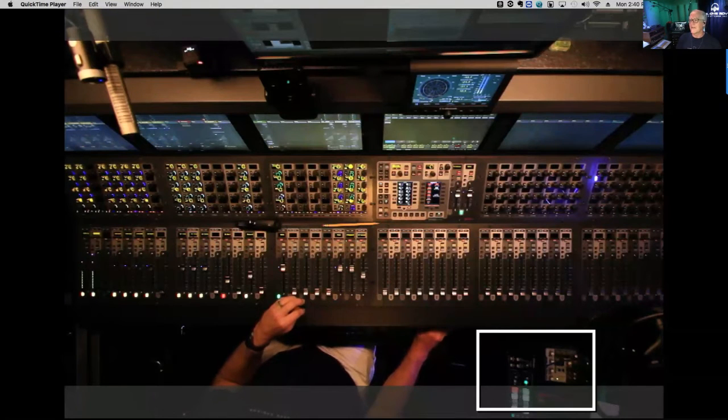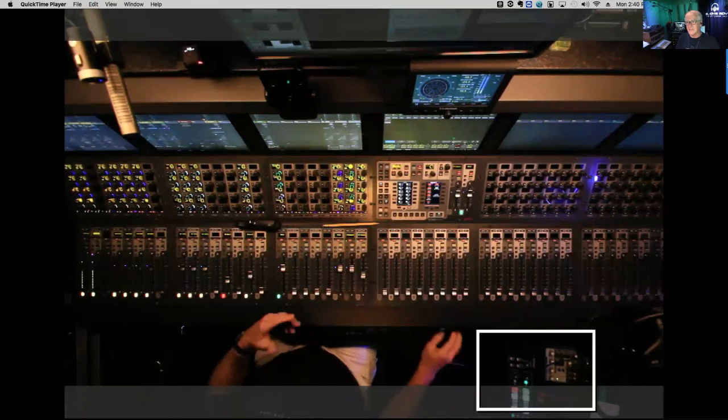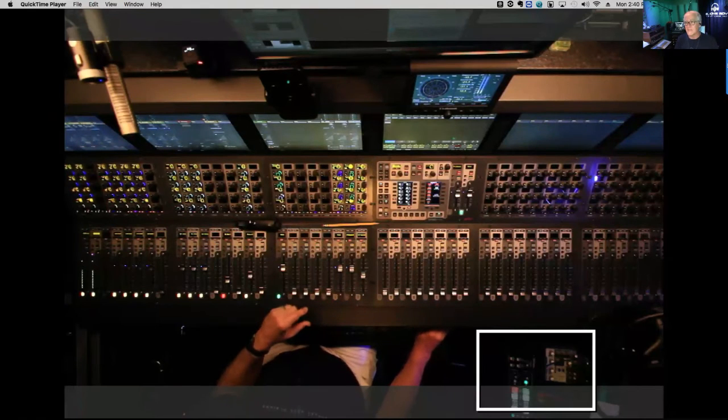So I'll have a long, medium, and short chamber, a long, medium, short plate, a short and medium room, just depending on what style of music it is, what I want to get, and just use that as a starting place, right? Now, the other piece that's important to remember here as we go forward, and I don't want to